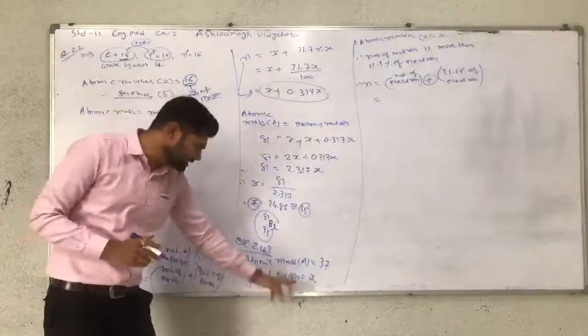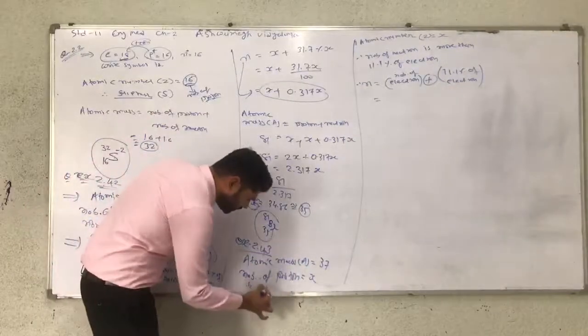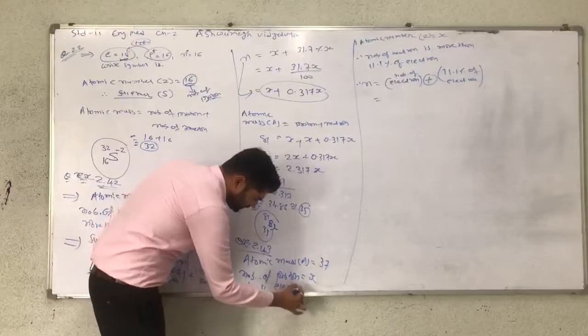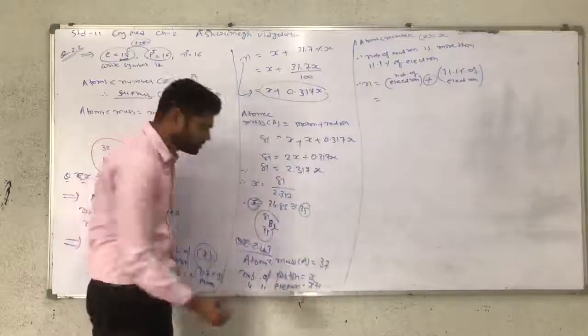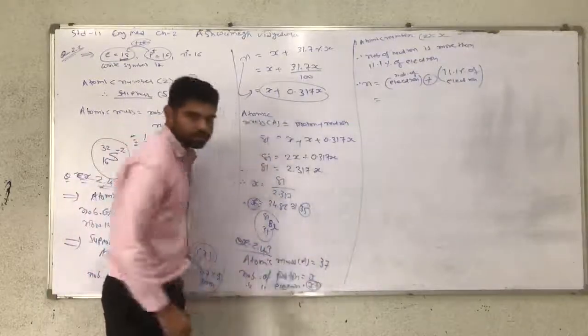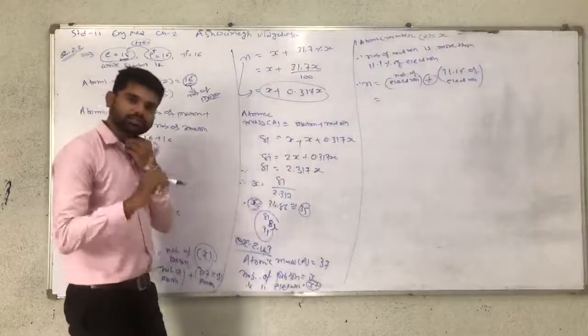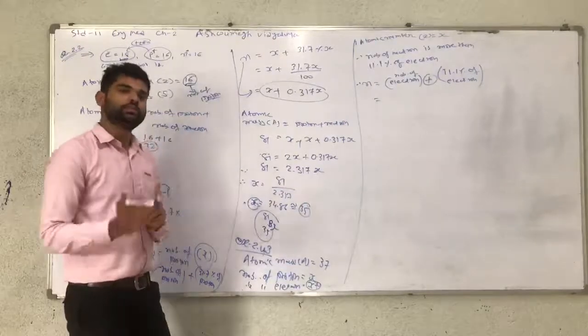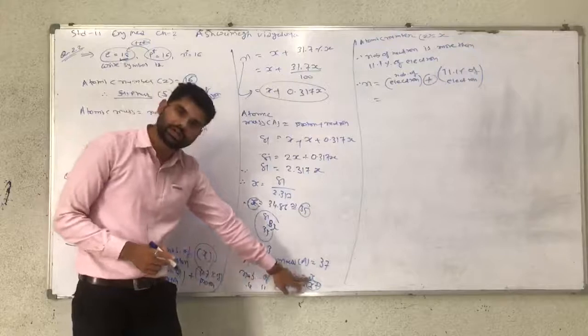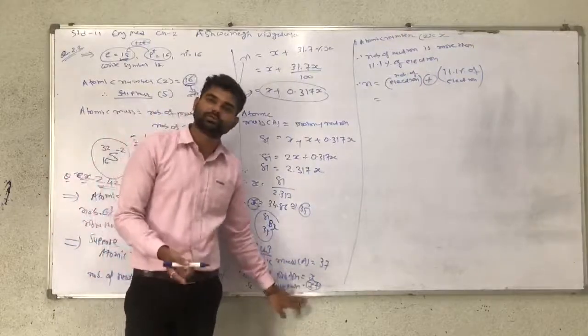So proton is equal to x. Therefore the number of electrons, with a minus 1 charge, is x plus 1. Understand this step, it is important in this question. Minus 1 charge means 1 electron more than protons, so we have to assume proton as x, and electrons are 1 more, so x plus 1.